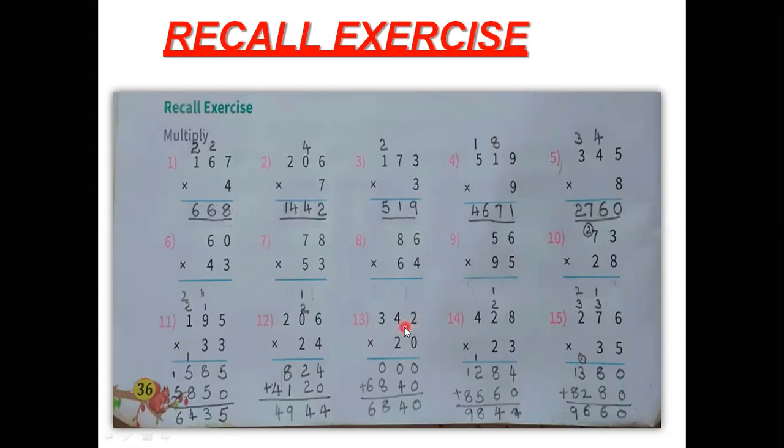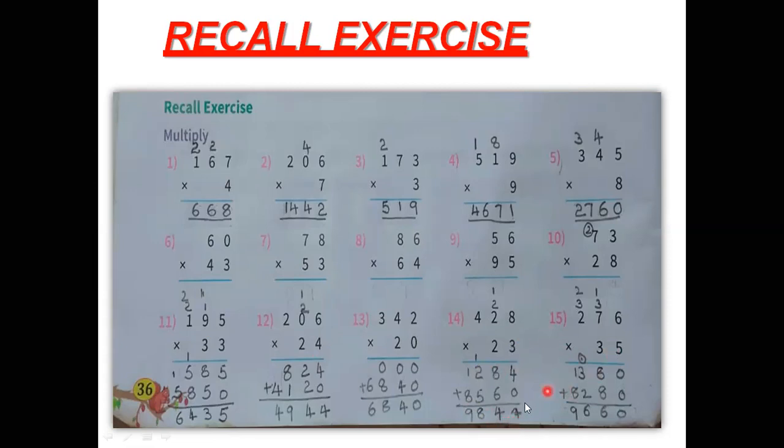So here one more thing you have to observe. Any number when you multiply with 0, we will get 0 only. See here, 342 when you multiply by 20: 0 2s are 0, 0 4s are 0, 0 3s are 0. Next, you should multiply with 2. So here in the ones column, we will put 0. Then 2 2s are 4, 2 4s are 8, and 2 3s are 6. So this you have to add. When you add this, you will get 6840.